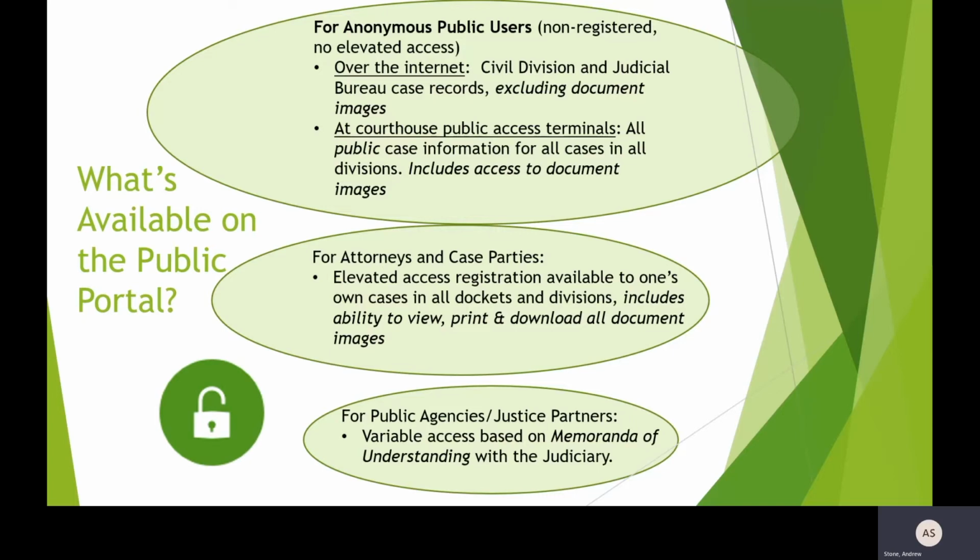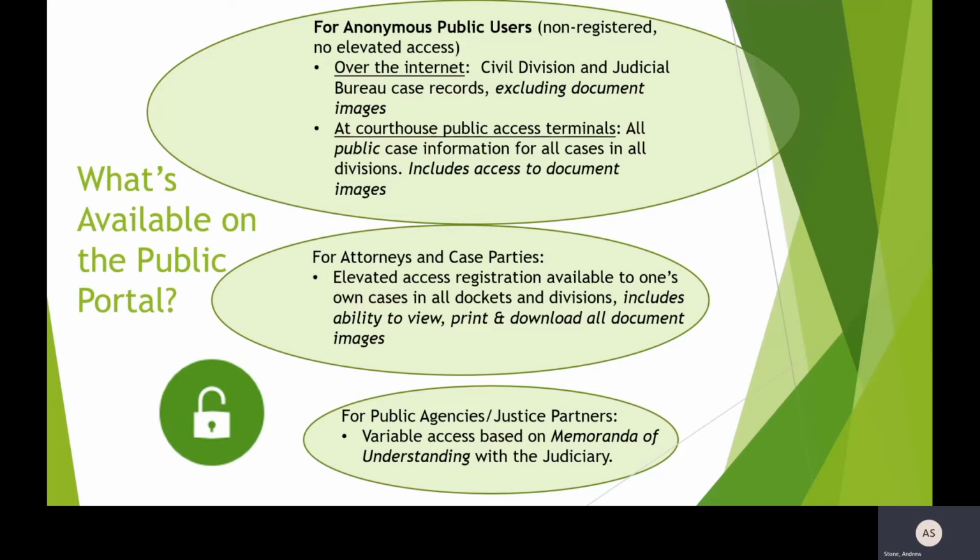You will basically see case information, the parties' names, the docket entries, and a limited range of other information about the case. But you won't be able to pull up the images, and you won't be able to drill down